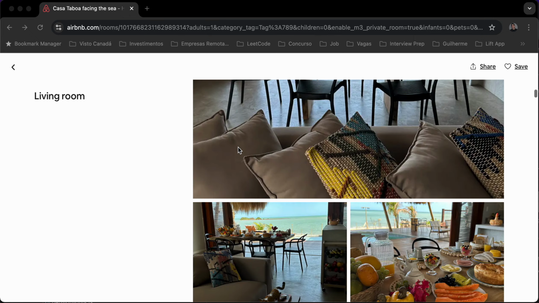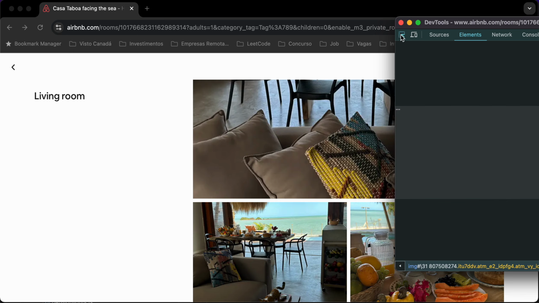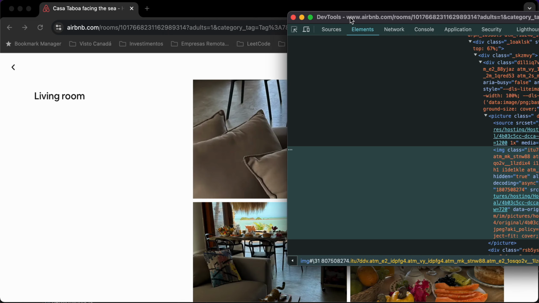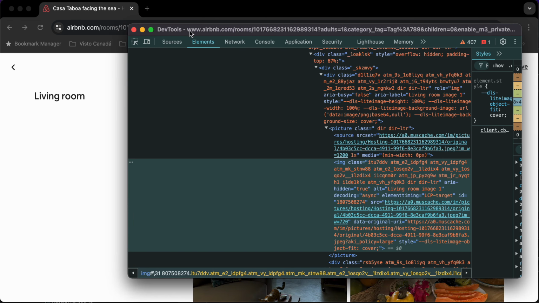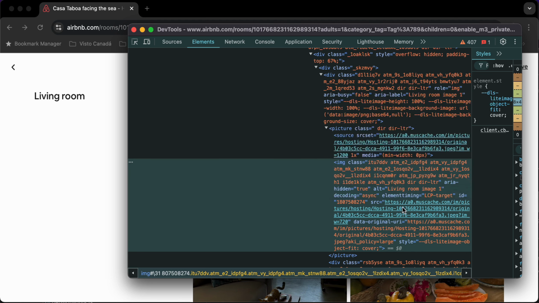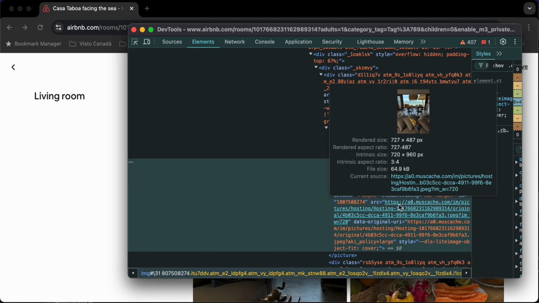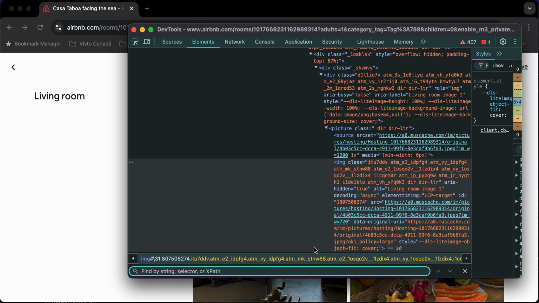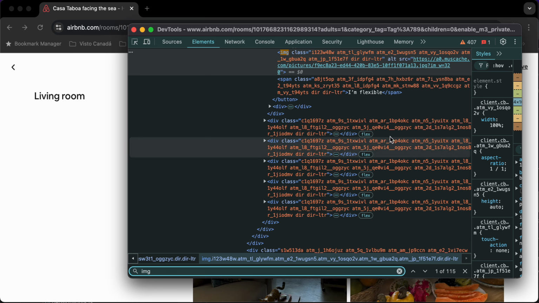To get these images here, first let's inspect to see if we can find a selector for them. Yeah, so there's image, right? So this is the image object that I just clicked. So yeah, we want actually this src value here, right, with the link of the image to scrape. So yeah, we can try to make a selector. So let's see. So image tag, right? So img